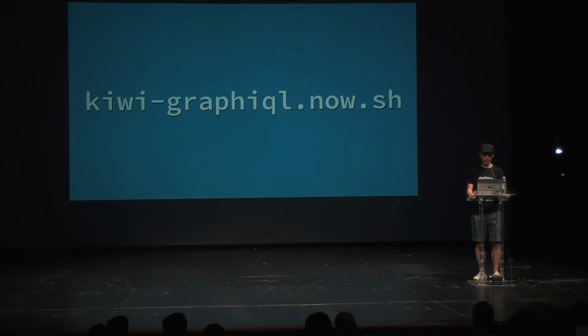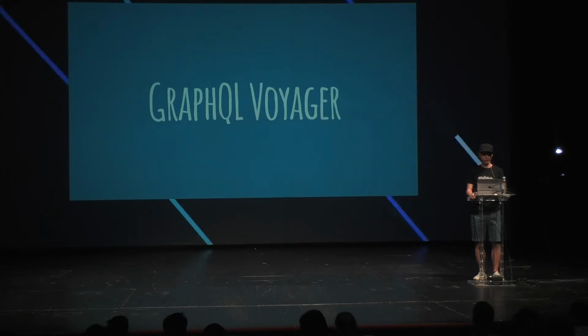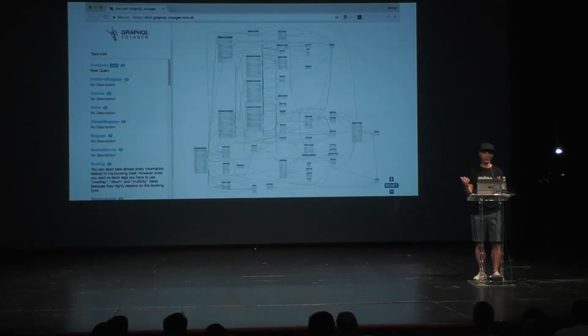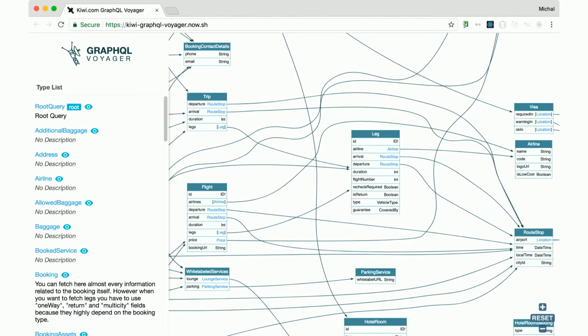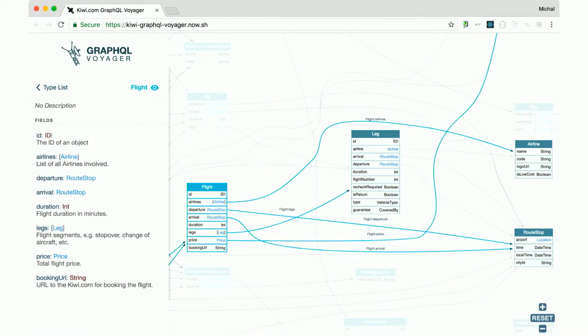Another handy tool is GraphQL Voyager, which is, again, built on the schema, but it gives you an overall picture of the whole graph. So you quickly get an idea about what data are provided, what the connections are, what the queries are. You can zoom into some details and see, again, the documentation, which is generated from code, so it cannot get old.